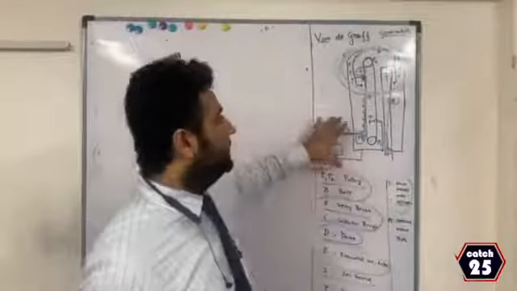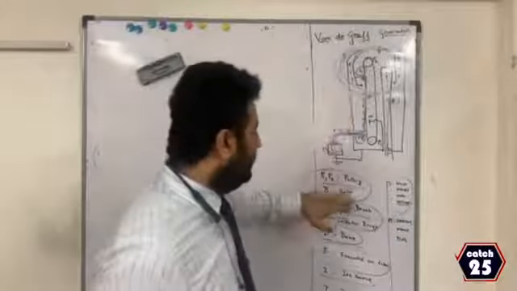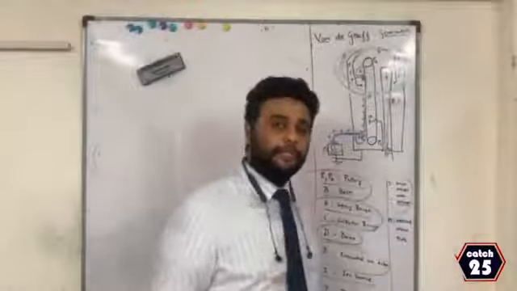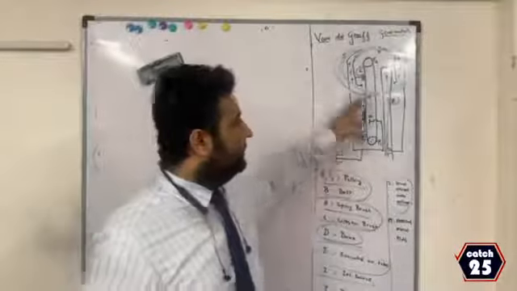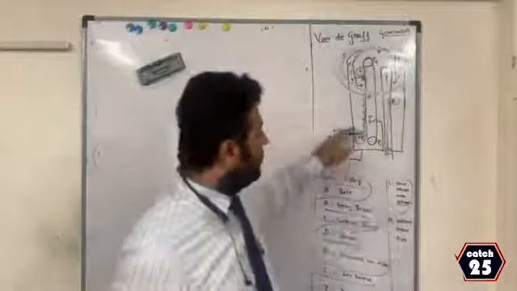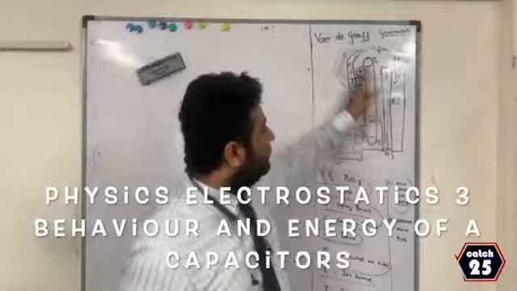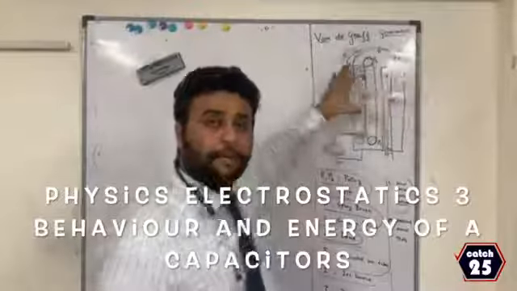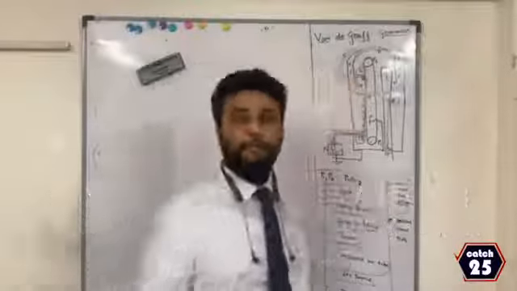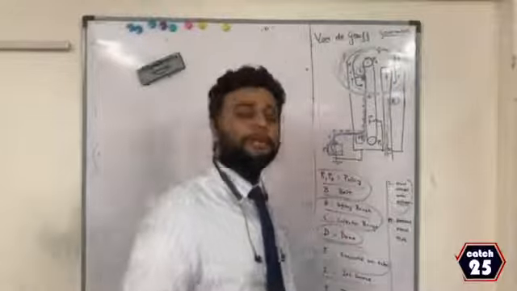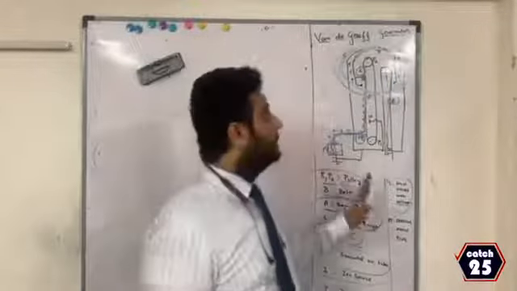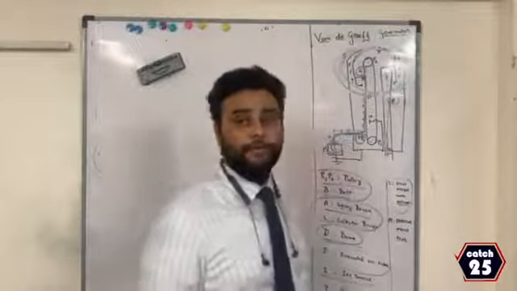In the textbook, they have given the diagram and all the points. So write it the same way, and the explanation also, what I have explained, the same thing is written in the text. Charges go from here to A to C. From C, they cover the dome. Charges keep accumulating. Potential difference keeps increasing. More potential difference, more energy, more velocity, and artificial transmutation takes place. This completes the topic of Van de Graaff generator.